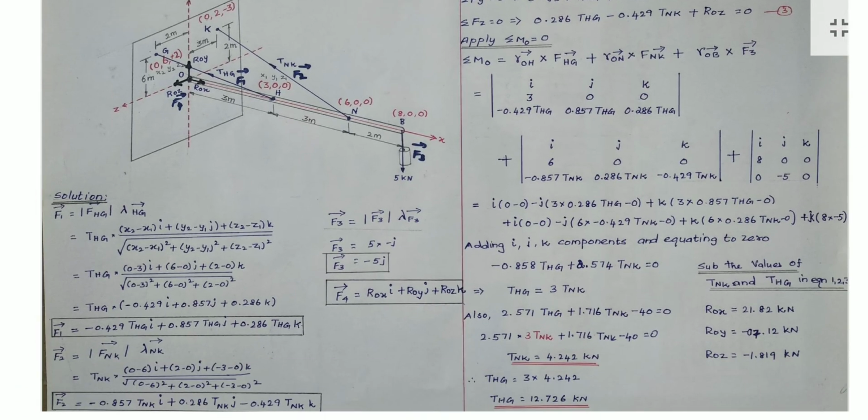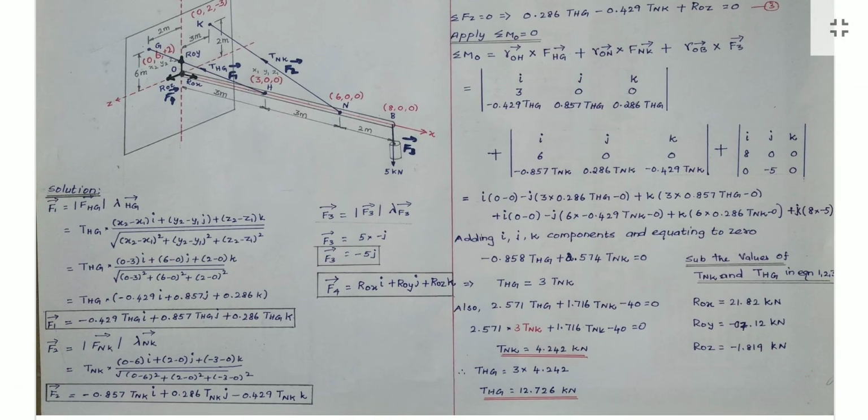Then regarding the force vector 2. Force vector 2 means this vector, NK vector. So same formula. So N comes x1, y1, z1. K comes x2, y2, z2. So substitute in the same formula, we will get another force equation. Here also NK, I component, J component, K component will be there.